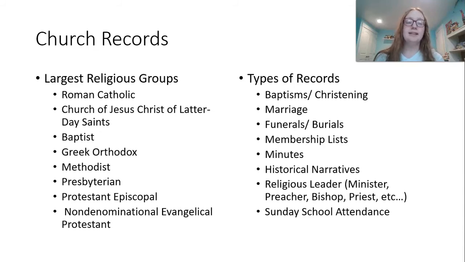So your ancestor probably belonged to one of these, but may have belonged to a different group, such as they might have been Jewish, or they might have been Muslim, they might have been a whole myriad of other religions, but these are the main ones. So the types of church records that might be found are baptisms and christenings, marriages, funerals and burials, membership lists,